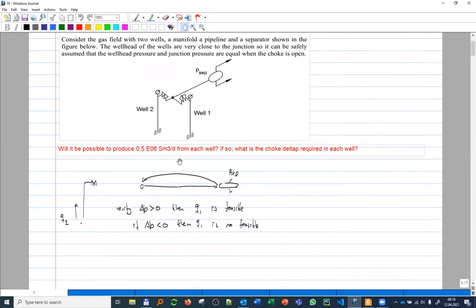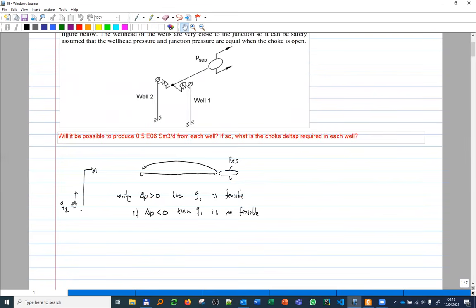So our strategy is going to be, as is shown here, we are going to go first from the reservoir, bottom hole, all the way to the wellhead, just before the choke. And we're going to calculate the available pressure there by fixing this 500,000 rate for each well. And then from the separator, having this 1 million, which is the sum of the rate of each well,